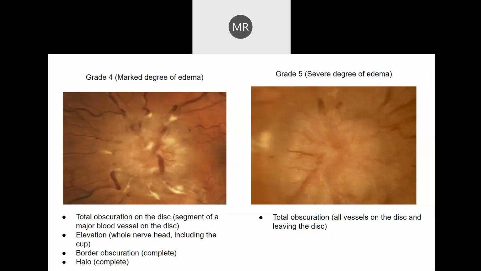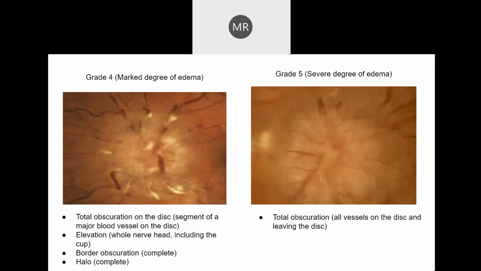So grade 4 is a marked degree of edema, as you can see dah nampak kan. So there is going to be a total obscuration on the disc. So the obscuration will be of a segment of a major blood vessel on the disc. Tengok. Okay. Macam lagi banyak, and there's going to be elevation as well and border obscuration. So tak nampak sangat dah border kan. The border of the disc dah hilang, and then going to be complete halo around the sekeliling border, sekeliling disc yang